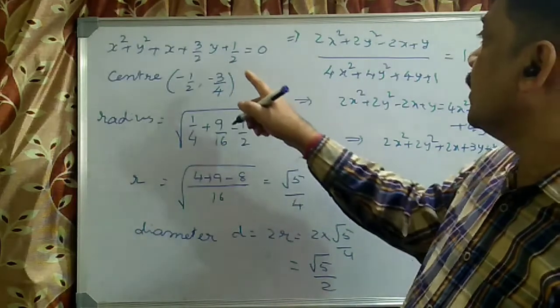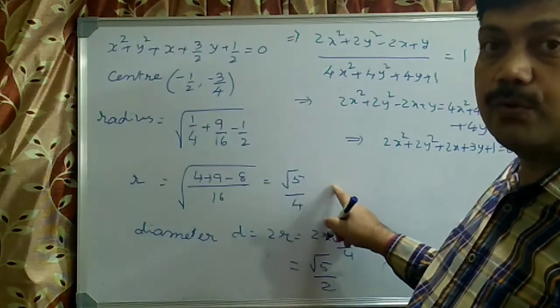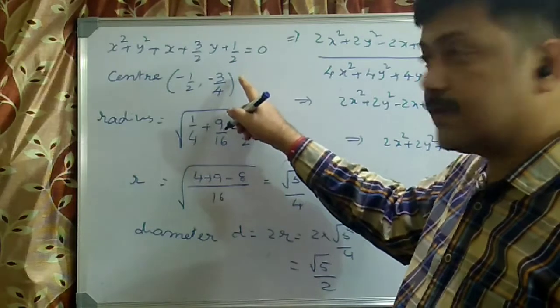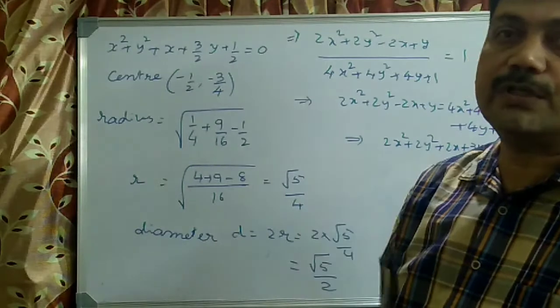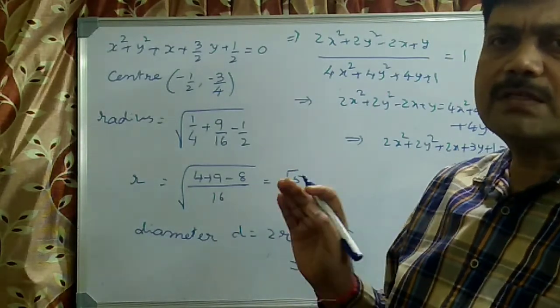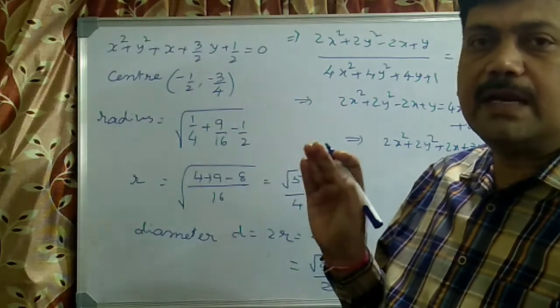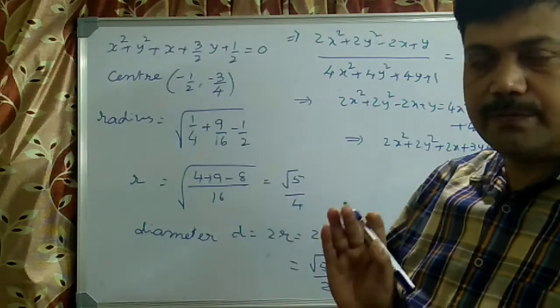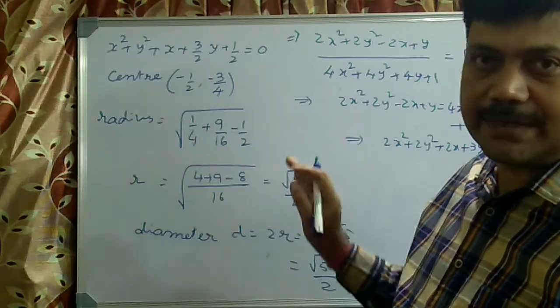Students will be confused here, thinking "I have not got root 5 by 2, so there should be some mistake here." So my friends, always look into the question, and along with the question, look into the options also. Not simply blindly doing the question will make you get negative marks, please. So be careful about the mistakes you are going to make in the examination.